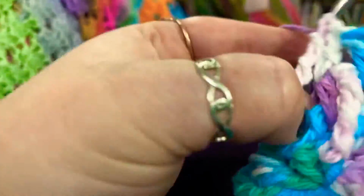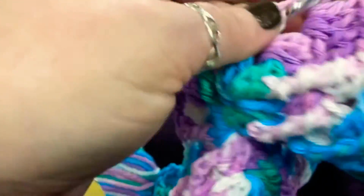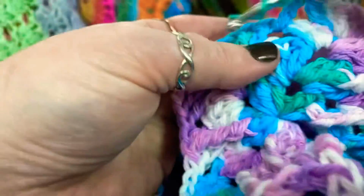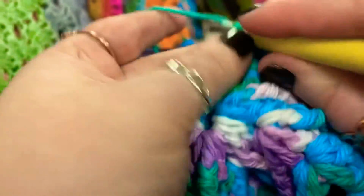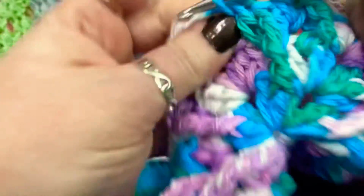3 loops, front post, 4 stitches, and a double crochet. Into the corner, oops, dropped my loops there. Chain 2, pull through 2, through 2, through 2, and 2 again, and a double crochet. Into the next chain space,